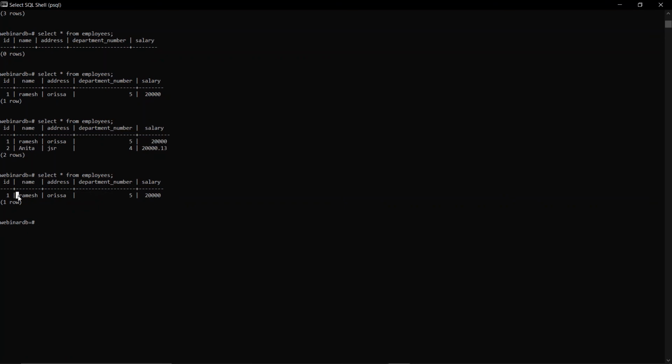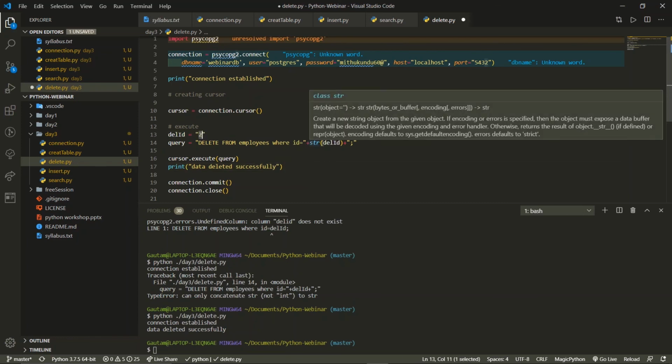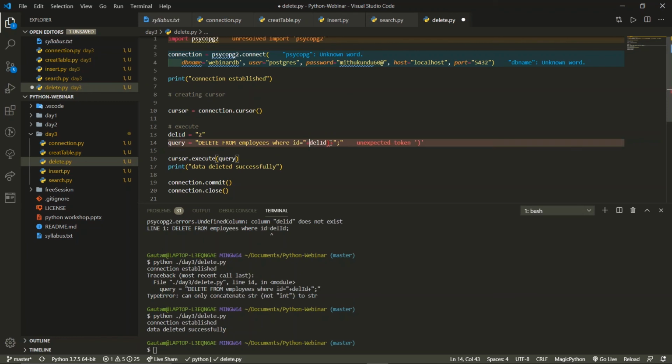This serial is a string, this is a string, this is an integer type, and this is a float type. What type of data is this? It's a string, and we have assigned over here an integer. That's why we are converting this into string. If we had done this in double quotes and removed this string conversion, then it wouldn't make any issue. We can directly execute this. So this is what we need to convert into string.